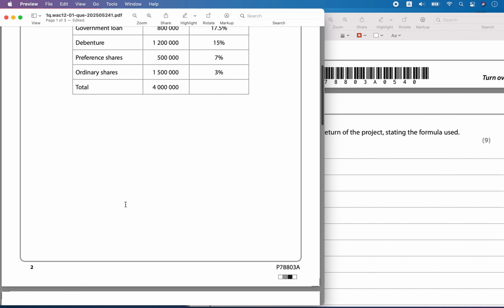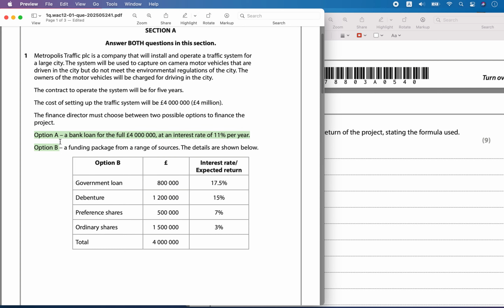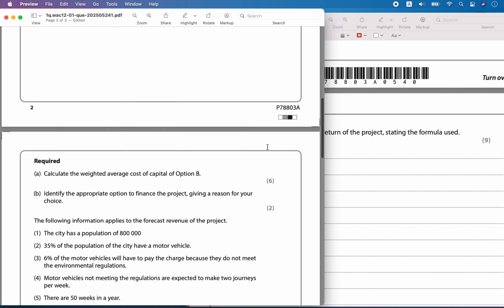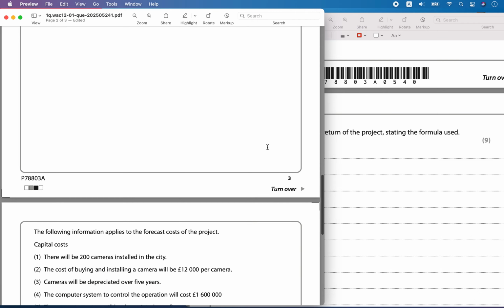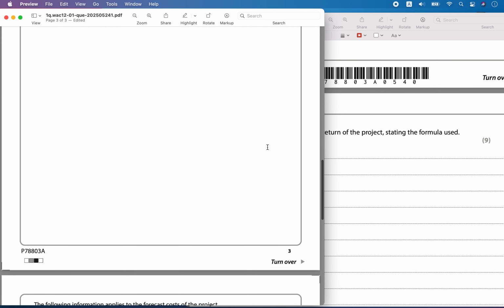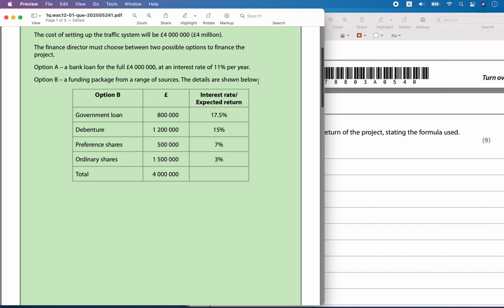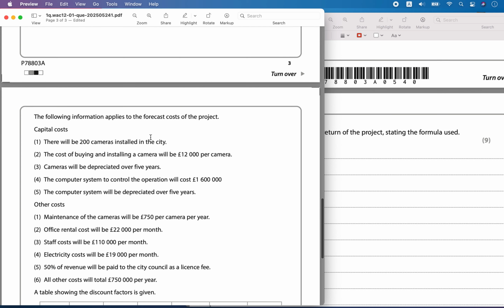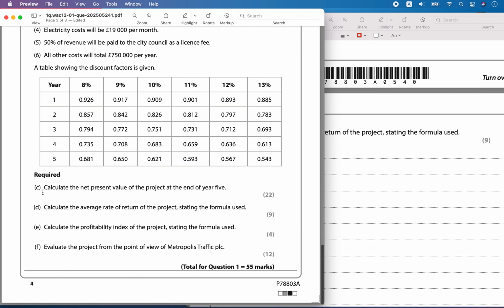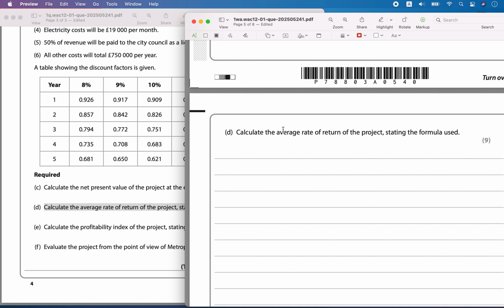Okay, this Metropolis PLC company is going to invest in a project. It has two options for funding. In the first part we were supposed to calculate the weighted average cost and find the cheapest option to finance. After that, if we chose option B, we were asked in part C to calculate the net present value after 5 years. In part D, we have to calculate the average rate of return of this project, stating the formula used. So let's write it here. Average rate of return formula is equal to